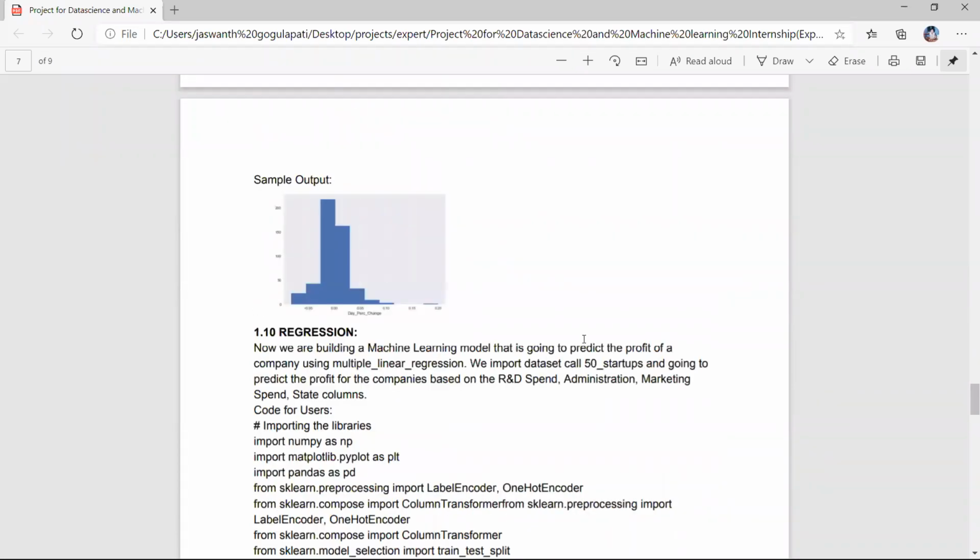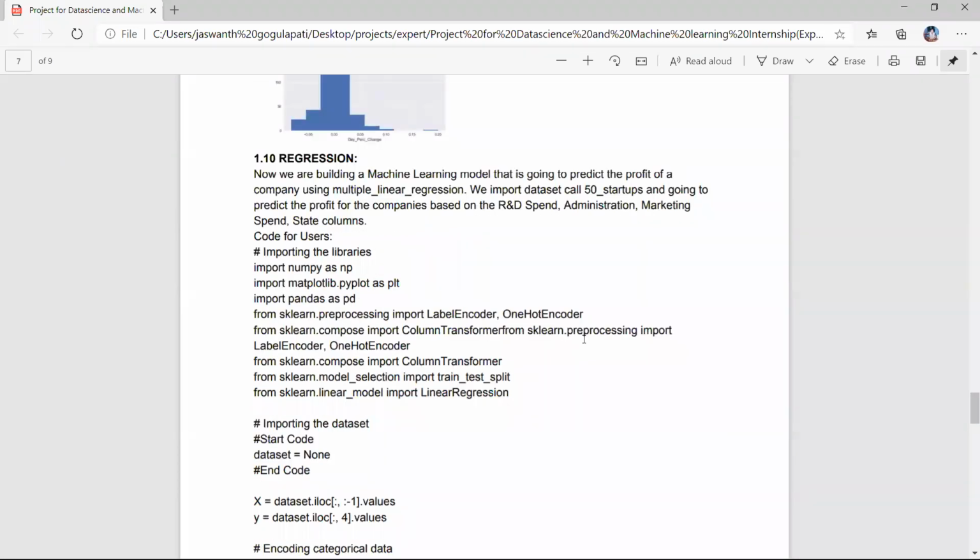But coming to regression, here we are going to predict the profit of a startup. Basically, a company is divided into several wings, right? Like R&D, research and development, administration, marketing, who deals with sales, and the state where it is located.